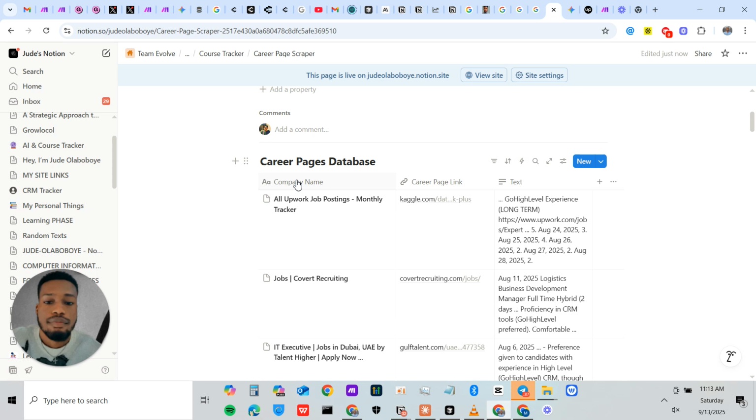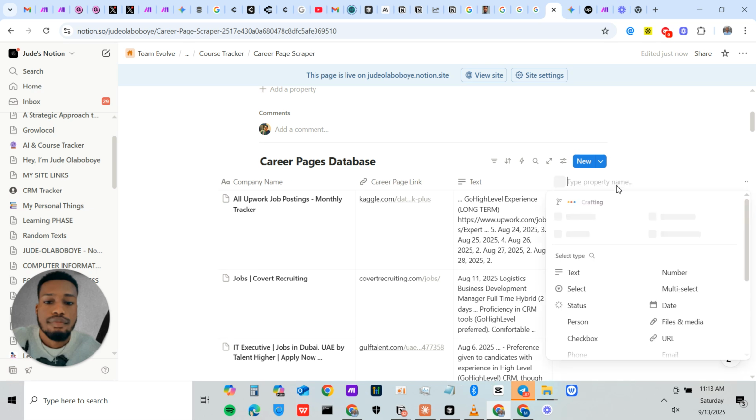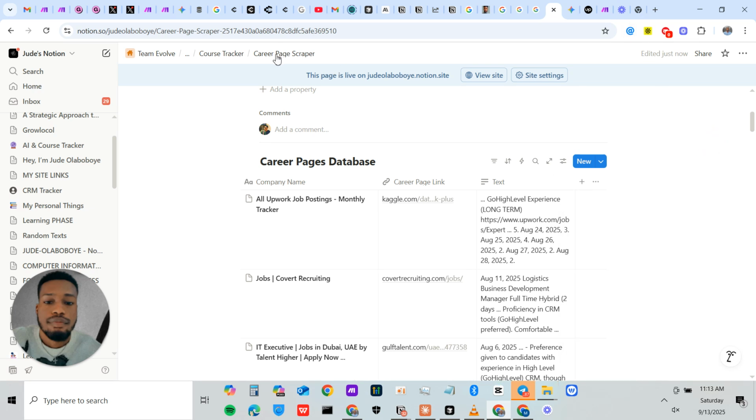So this is going to be a link, this is going to be a text. How do you do this? You click on a new property, add new property, and in this case this is a text, so you put a text. In this case this is a link, you put that's a URL here, the text as well, you do the same thing. So just these three. Then once you have this in,